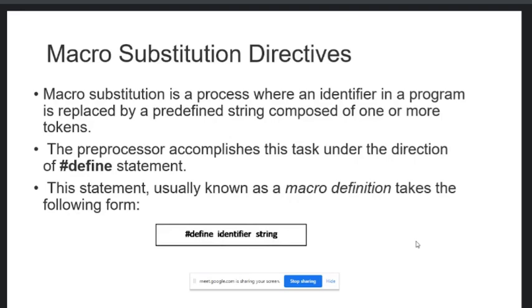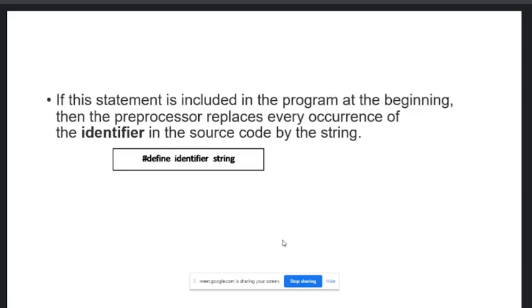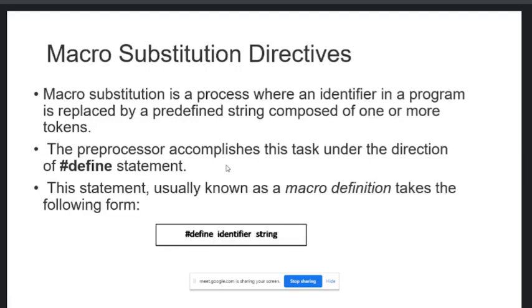Now, last time we discussed #define. Usually, #define is used to define a symbolic constant. This is the syntax. There is no space between the hash sign and the define keyword. Then we need one space, the name of the identifier, then one space, and then you provide a string. In the string, you can write an integer value, or anything. We discussed a few examples in the last lecture, and today we are going to discuss other examples. So #define identifier string is the syntax of the simple macro.